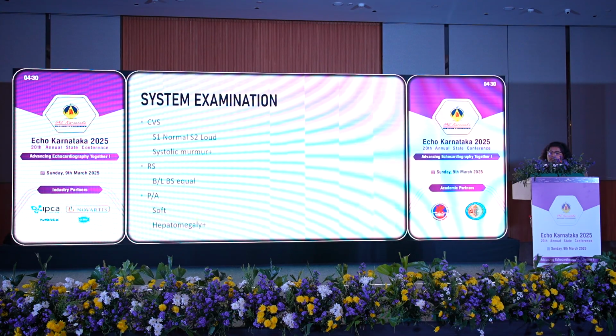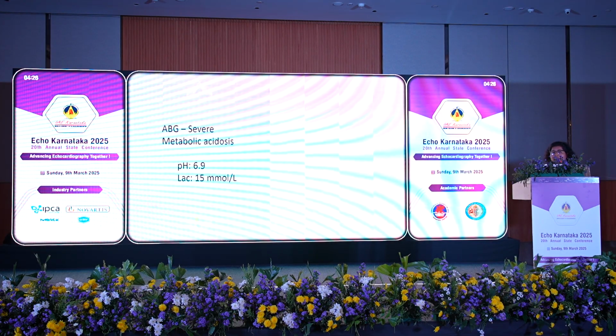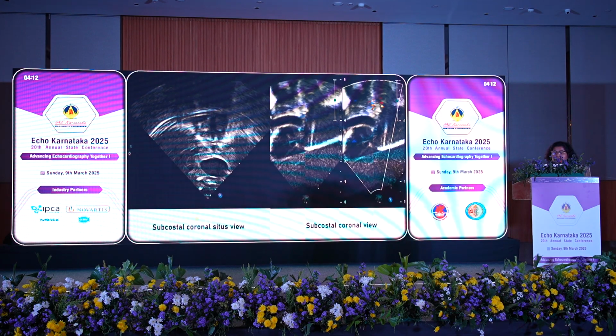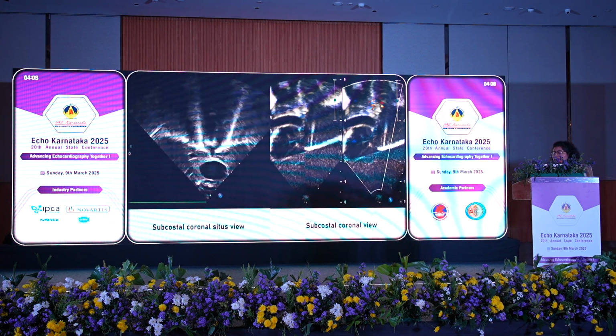Bilateral breath sounds were equal, and the abdomen was soft, and hepatomegaly was noted. The ABG showed that the baby had severe metabolic acidosis with a pH of 6.9 and a lactate of 15 millimoles per liter. And this is the chest X-ray showing cardiomegaly and diffuse ground-glass opacities in the lung fields. After which a review 2D echo was asked, and here